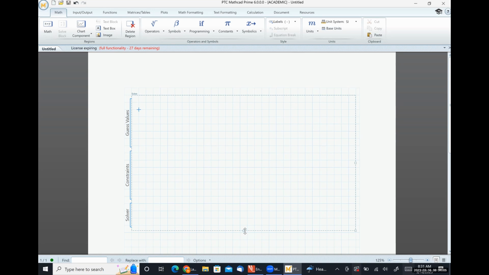So in our guess value section, we're going to write a simple expression here for every one of our variables, VA through VE, and we're going to set it equal to something. And it's literally just a guess. So for the most part, the value doesn't matter. So I'm going to say VA,